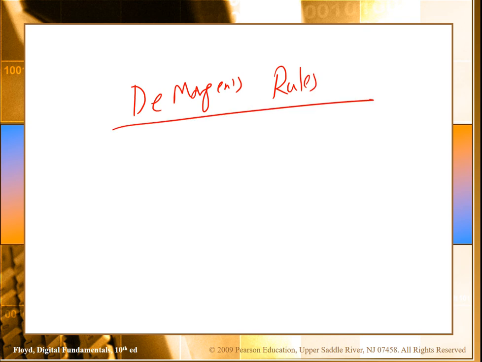In the second part we are going to learn about the sum of product and the product of sum expressions, and then how we can simplify the logical expressions. In the last part we learned that there are 12 Boolean algebra rules, and by using those rules we can simplify the logical expressions.